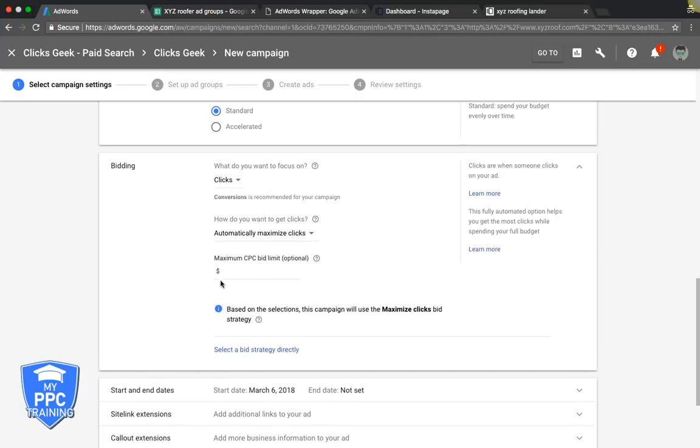Maximize clicks. And this is so important when setting up automatically maximize clicks. So this is basically Google auto bidding for you to get the most amount of clicks for your budget. And we start every campaign off with this because it just gets better traction if you let Google's algorithm go in there and just start attacking the competition for you. But the most important thing I can tell you is make sure you have a maximum CPC right here set up,